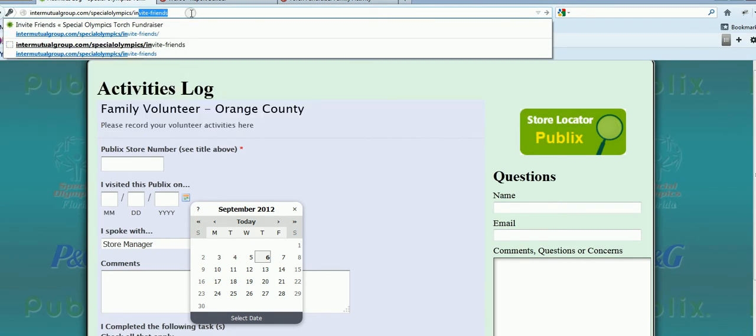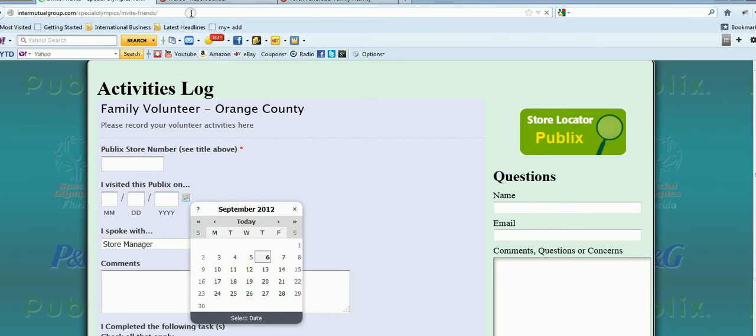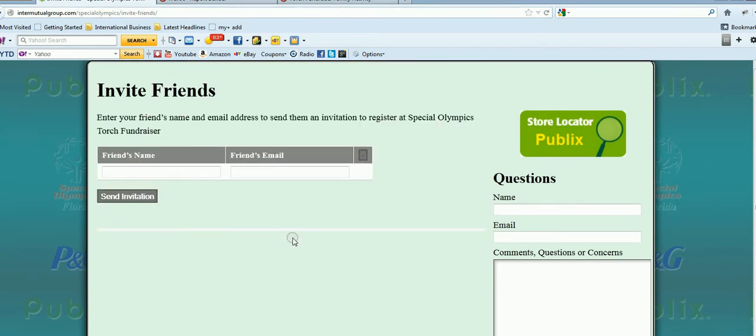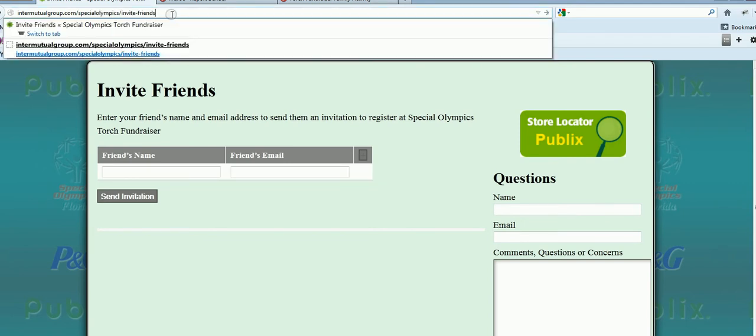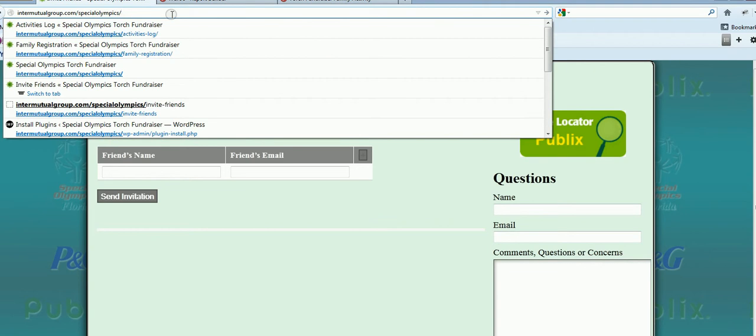From an admin standpoint, I didn't want you to have to go into the back too much. So for example, if you have a new family and you'd like them to register on the site, you would have this form to come to, and it's actually just a basic email that I think is still pretty generic now, but all they need to do is type their name and send an email, and it'll sort of link them up and ask them to come register. And speaking of registration, for a